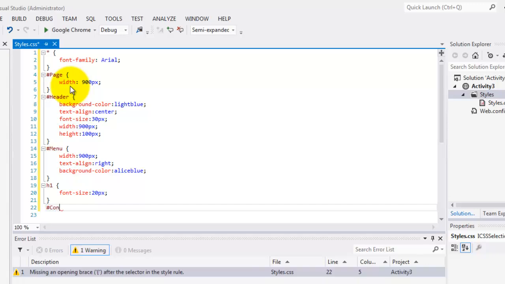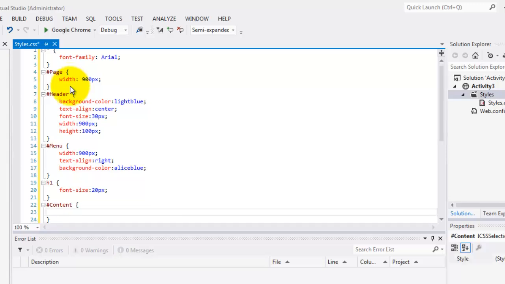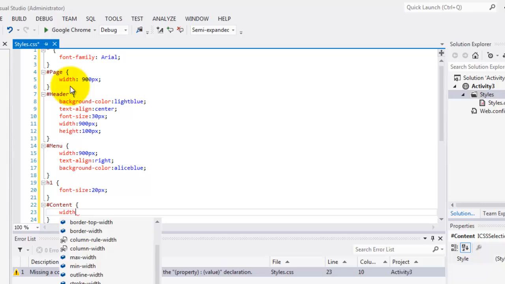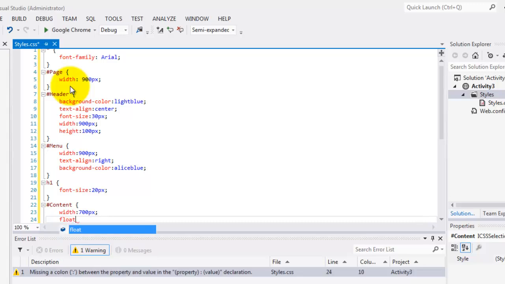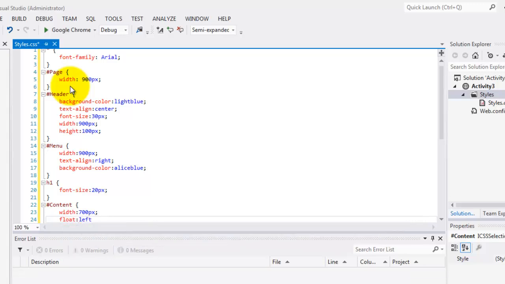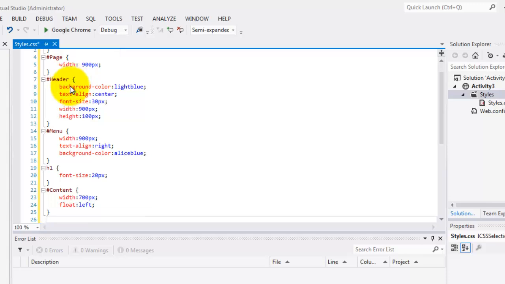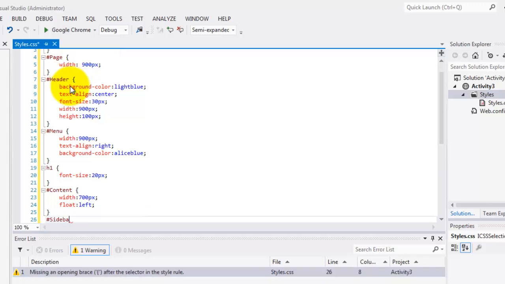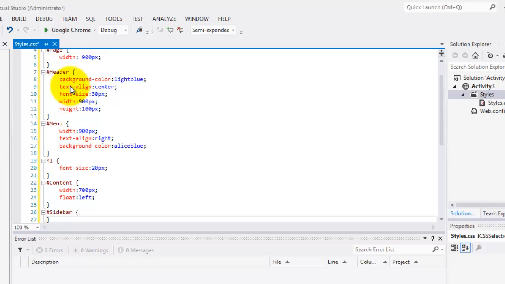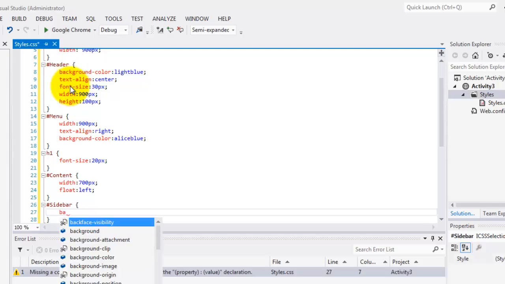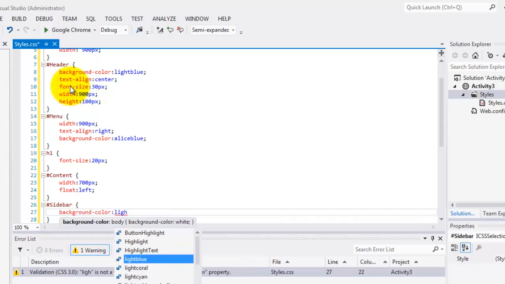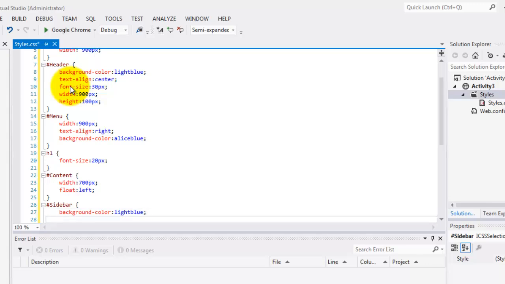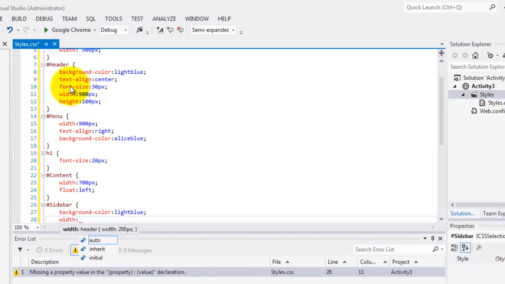Next to H1 is the ID content. By the way, you have to make sure that your spelling is correct. Width is 700px and it's floating to the left. Correct. Next to the content is the sidebar. Okay. The background color is also light blue. And the width is